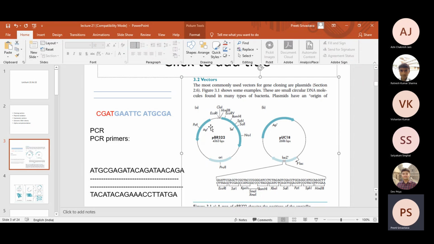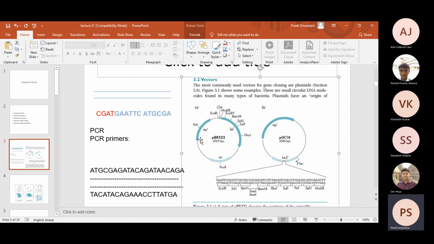keep one antibiotic cassette intact. So for example, if you are selecting PstI and EcoRI, then tetracycline is intact because you need one antibiotic cassette for screening the colonies on the plates. Once the bacteria has taken up the plasmid, you need to screen the colonies on the antibiotic containing plates. So in such cases, either you need to touch ampicillin or you can touch tetracycline, but not both.